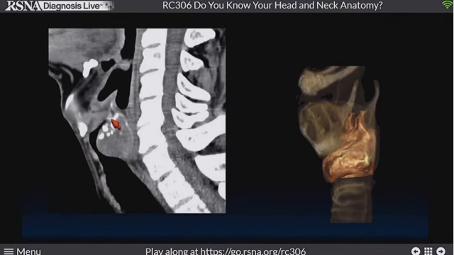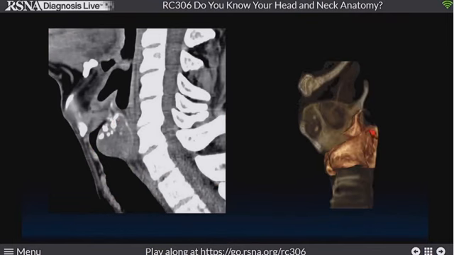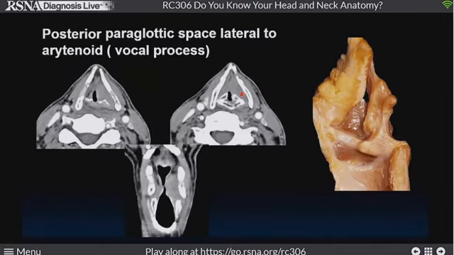And here you can see it coming right up to the cricoarytenoid joint, which is, as we said, just a little bit off midline. So you have to know where it is if you're going to describe it in chondrosarcoma cases. This is another point that Roberto Moroldi from Brescia talks about, this is an area right by the arytenoid, close to the gap between the arytenoid and the thyroid cartilage. If you have tumor that makes it back here, it's almost impossible to get a malignancy out of that area, this little area tucked inside. So the cricoarytenoid joint, extremely important landmark.